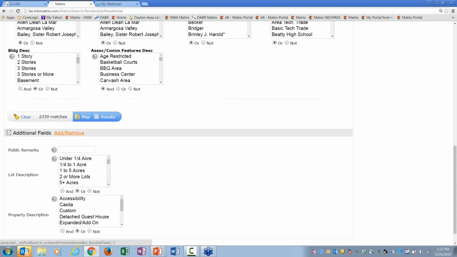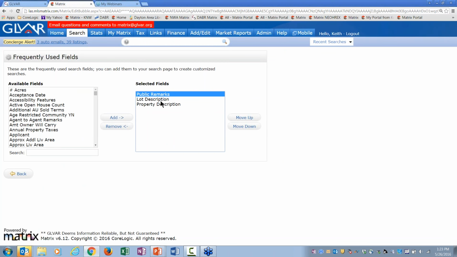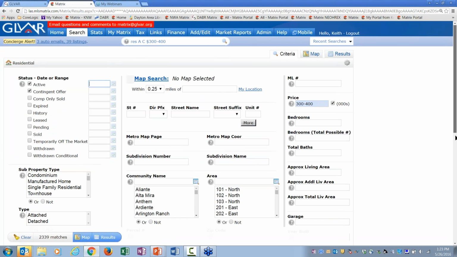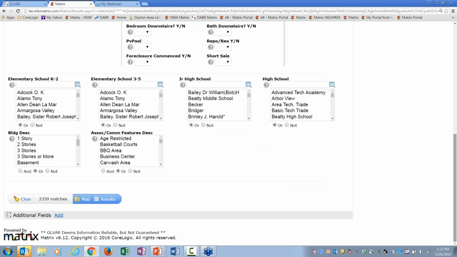Okay, in fact, let me just remove my 3 fields that I added, because you're not going to have them when you first come in. So it's going to look like mine with nothing here. So just like in Fusion, you could add whatever fields you like, but not like Fusion, as you add these fields